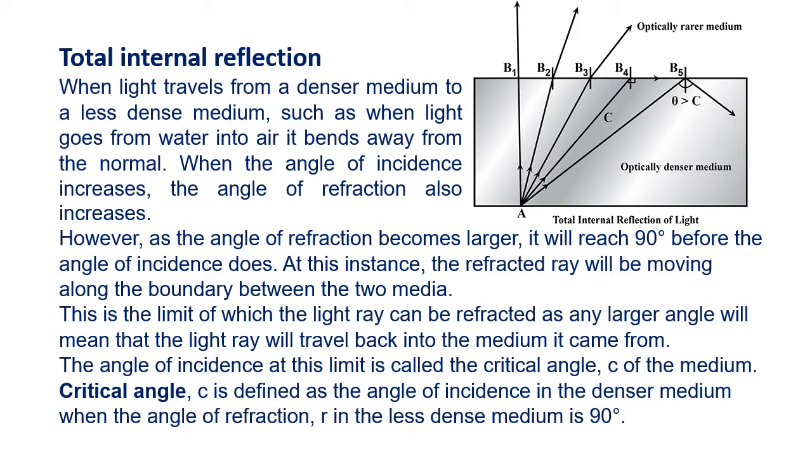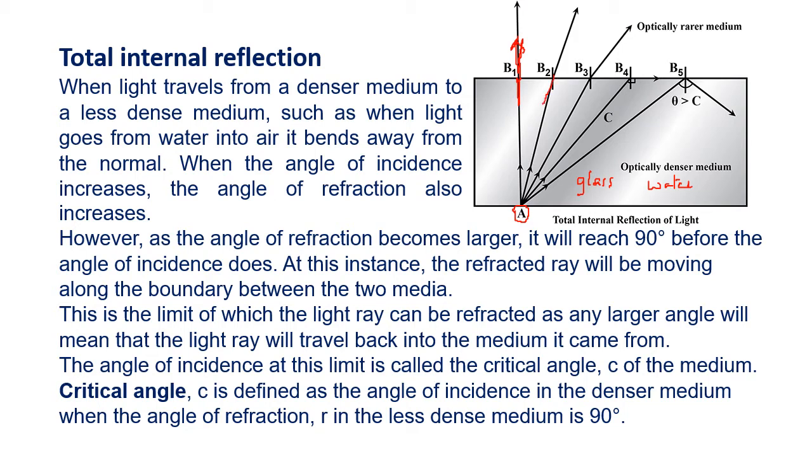Now if you remember from the last lab, when light goes from a rarer medium to a denser medium, it bends towards the normal. And when it goes from a denser medium to a rarer medium, it bends away from the normal. So here, a source of light is taken. A is a source of light in glass or water, a denser medium. Now this beam is traveling perpendicular at B1. It does not bend, it goes out directly without bending, since it's perpendicular.